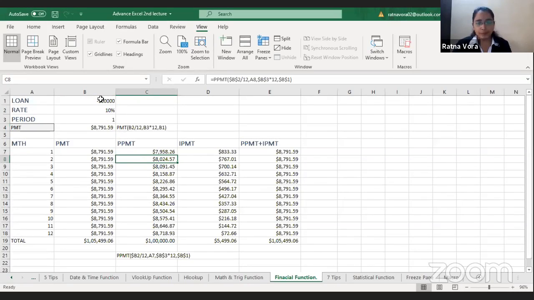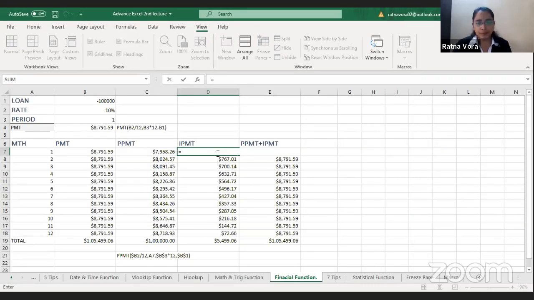You can see the breakup. Okay, your EMI amount is 8791.59. Okay, out of that, the principal amount is 7958.26. Okay, and if you want to find out the interest value, you can use